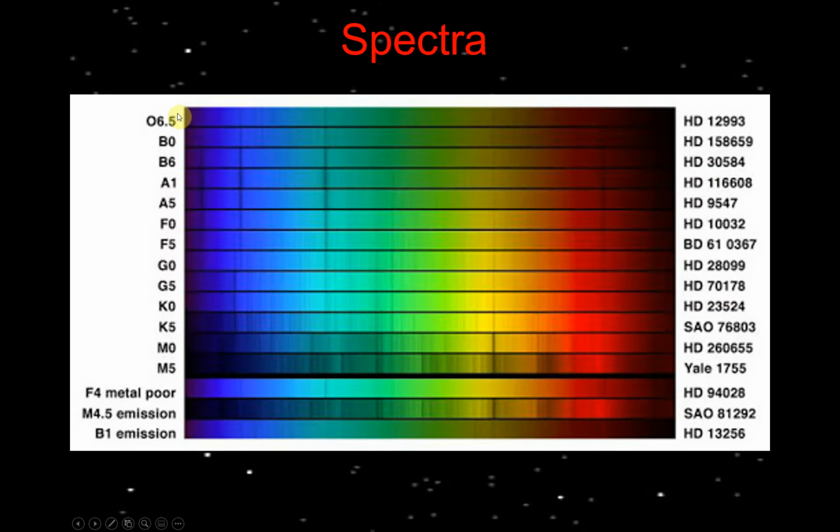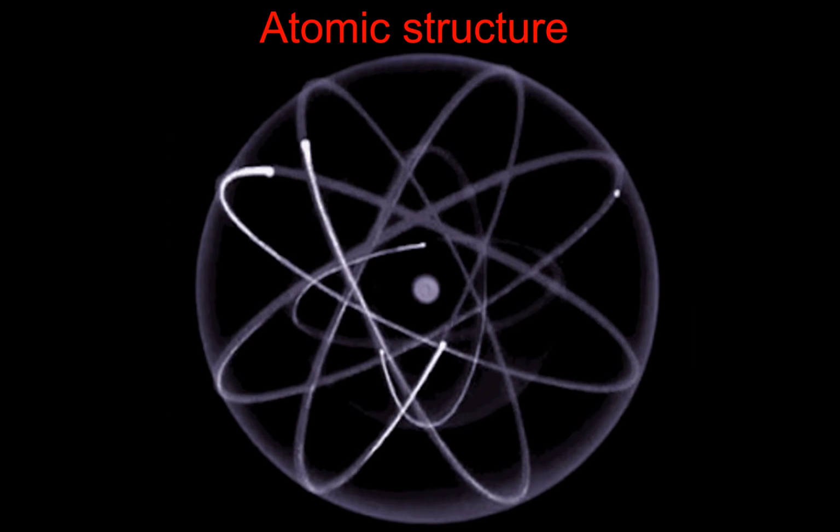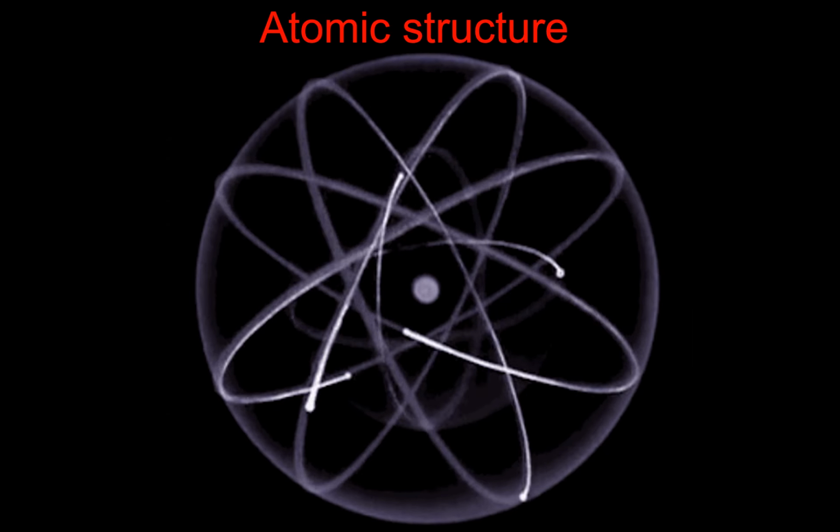Down here is the spectrum of the sun, a G-type star. So here's the spectrum of the sun, very similar to HD 70178 here. This would be typical of the sun. And as you can see, the cooler the stars, which are these K and M stars, which we'll talk about later, the more dark lines they have in them. So those are typical spectra, and by looking at these spectra, we can identify the chemical constituents of each of these stars. So by the atomic structure of these particular items,